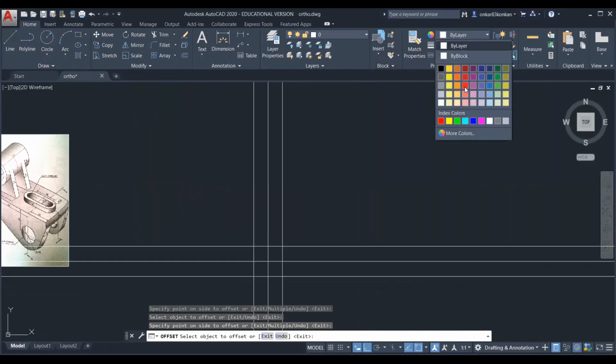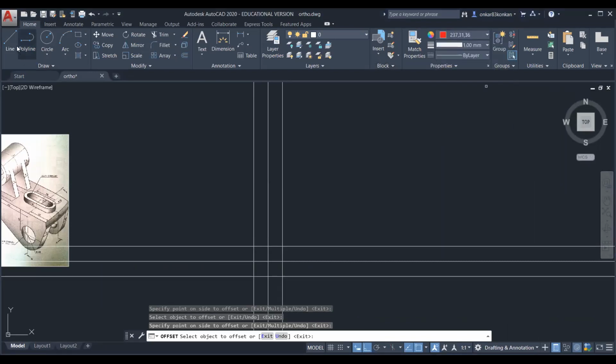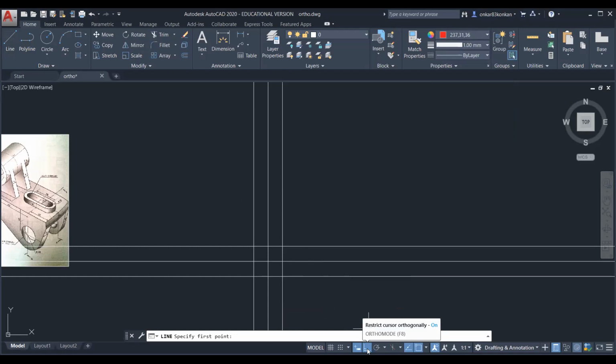So here you can select the line color, then select the line and make sure that this ortho mode is on, so that you can draw exactly horizontal and vertical lines. You can start from this point, that is a reference point. Do not start the drawing from this point. So take the height as 139.